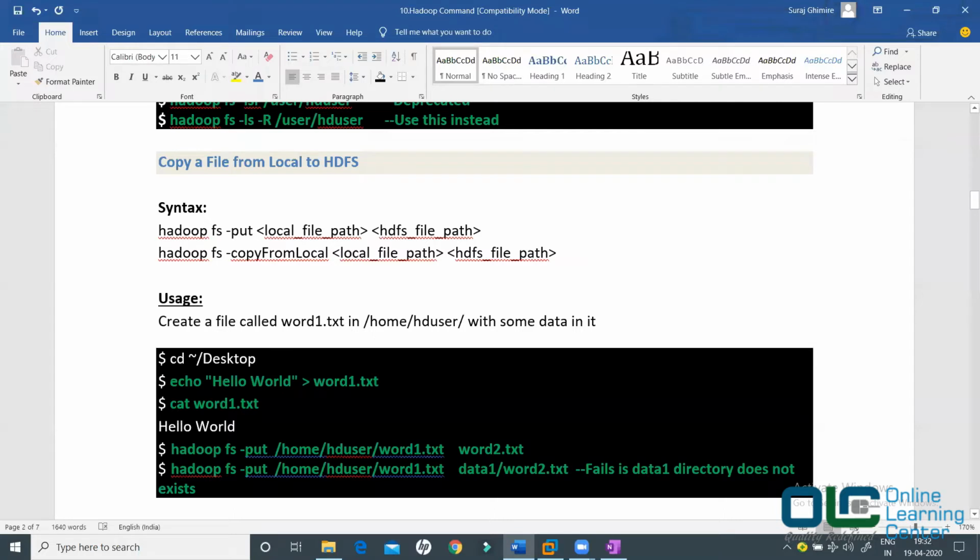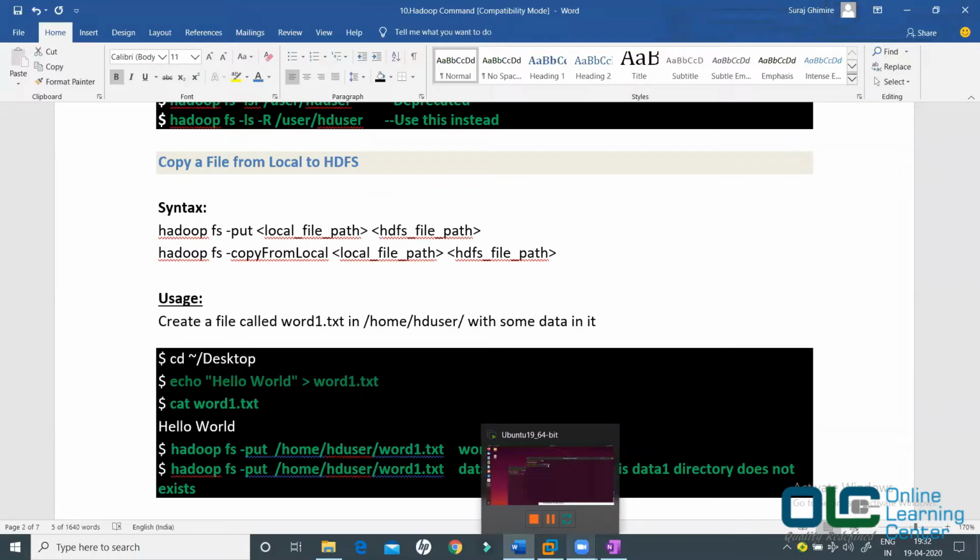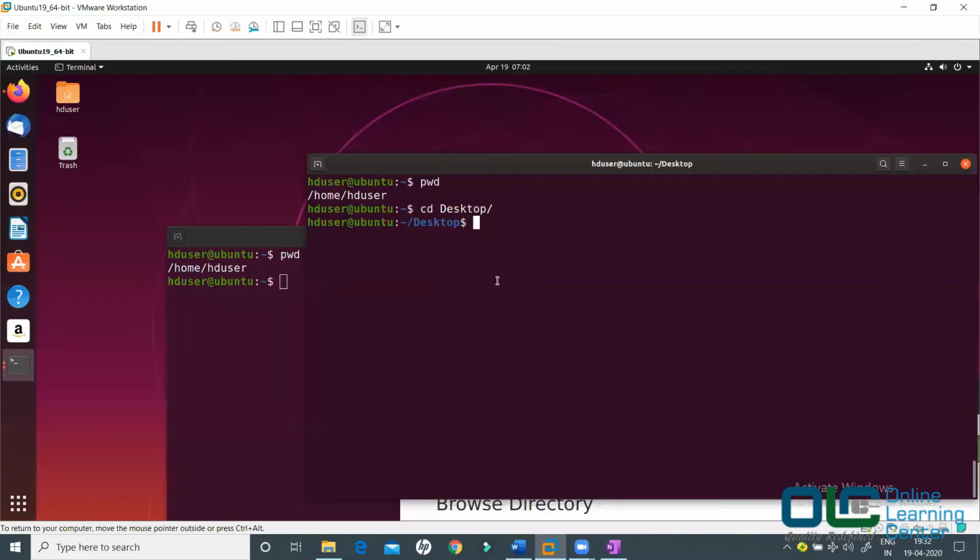Now what I'll do is I'll write this. So let me tell you what exactly it is doing. If you just say echo and I say hello world, then it will just print hello world. If you just say echo hello world, it will print that. It is similar to system.out.println in Java. It is similar to println in Scala. It is similar to print hello world in Python.